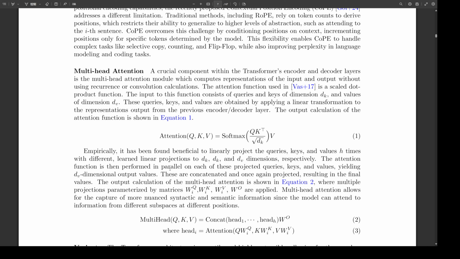Now, you also mentioned positional encodings. Why are those necessary in the transformer architecture? Good question. RNNs naturally process text in order, but the transformer treats all the words in the input sequence simultaneously, so it needs a way to know the order of the words. Positional encodings provide that information. So it's like telling the model, hey, this word is the first word, this one's the second, and so on. Exactly. The original transformer used sinusoidal functions to create these positional encodings. There are more advanced methods now, like rotary positional embeddings, or RoPE, and contextual positional encodings, or CoPE. They all aim to provide the model with a sense of word order. So different strategies for the same goal.